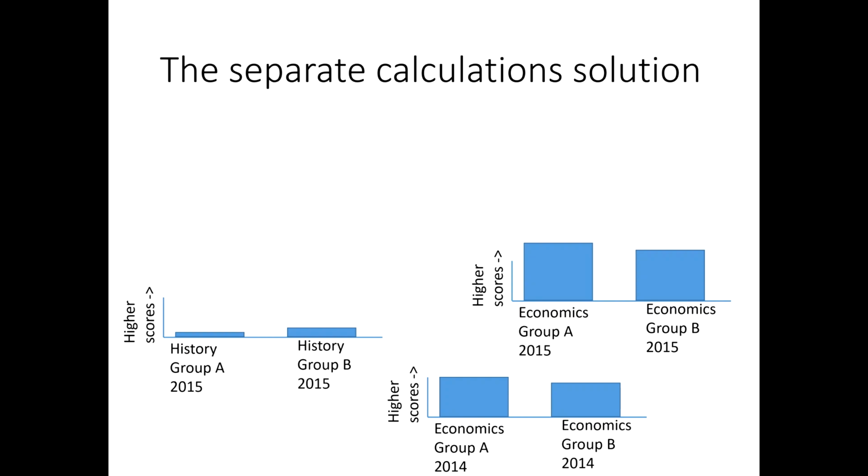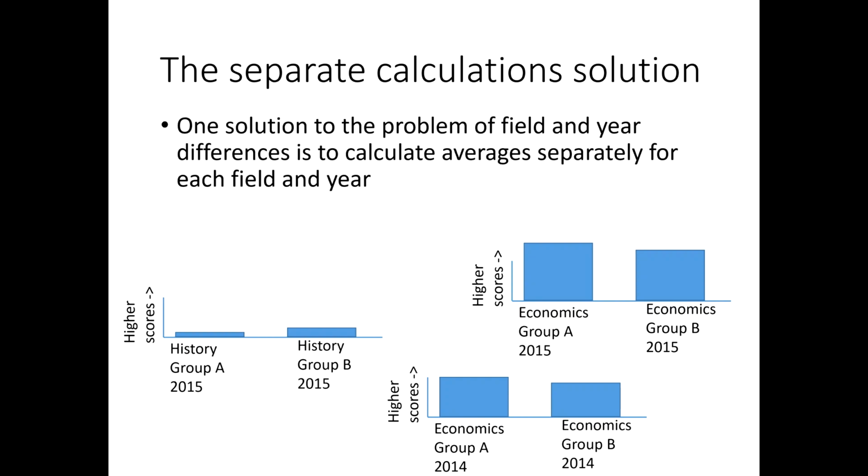One solution to this problem is to calculate lots of separate scores and only compare averages between articles from exactly the same field and year. So in this case, if you want to compare Group A and Group B and they publish in history and economics, then we would make separate comparisons for 2015 and 2014 and also separate for economics and history. So we'd make lots of individual separate calculations rather than one overall average. So this works at eliminating bias,